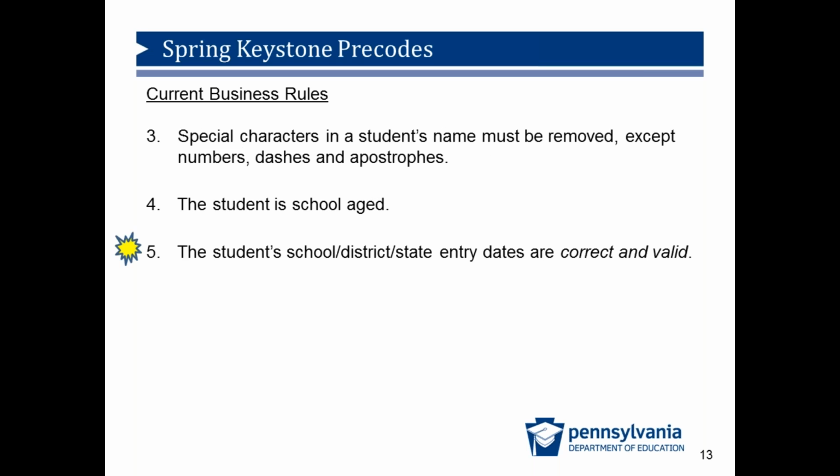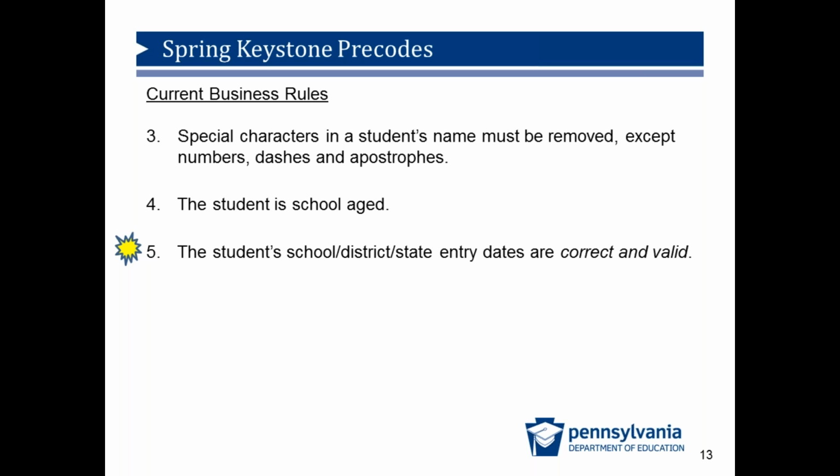Continuing with the business rules, the third business rule: if there are any special characters other than numbers, dashes, and apostrophes, it will cause a mismatch in the DRC system, and the educating entity will have to manually match each student. A word of caution when looking forward into the accountability file: if the student does not appear in your PIMS accountability file, but does appear in the DRC system as having taken the test, the student cannot be matched.